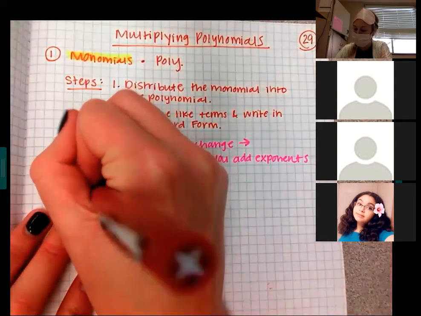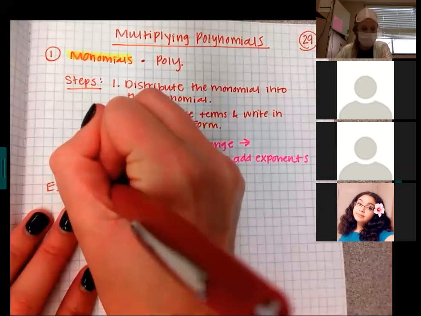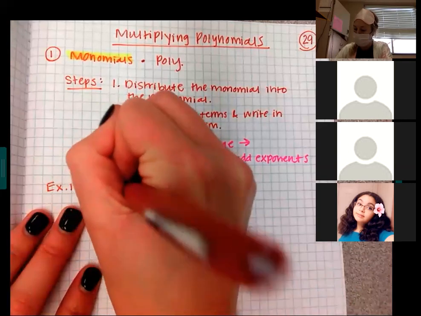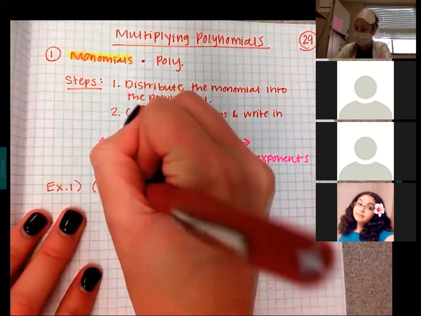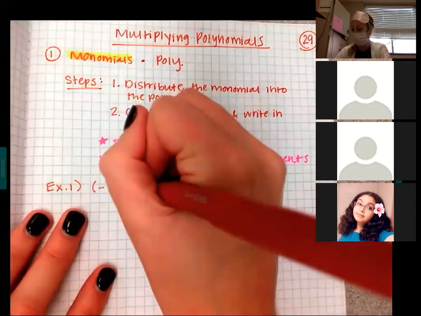So here's what we're going to do. I want you guys to multiply negative 12x, let's make it interesting, square by